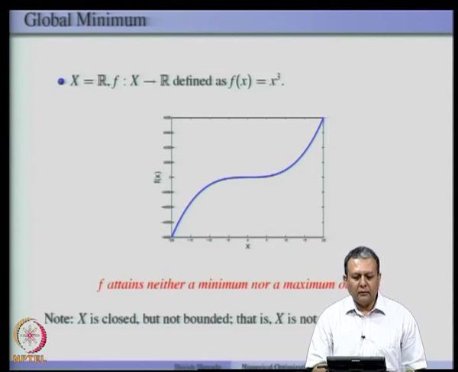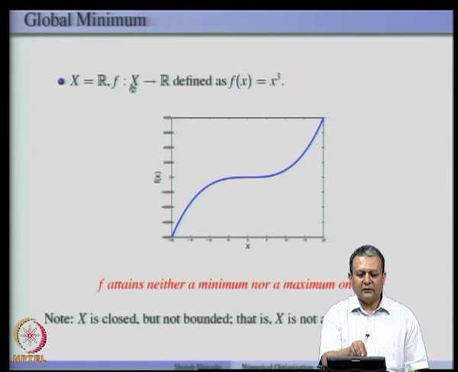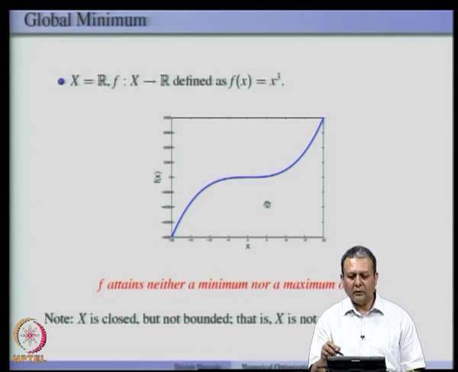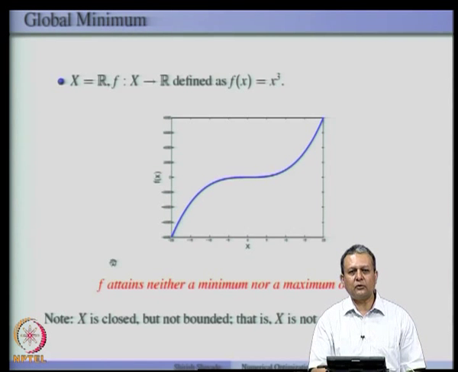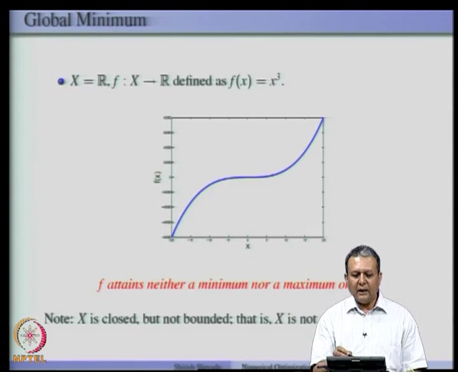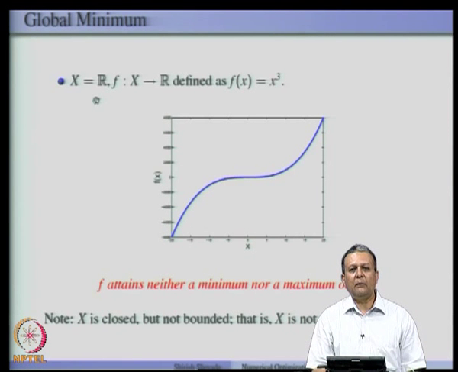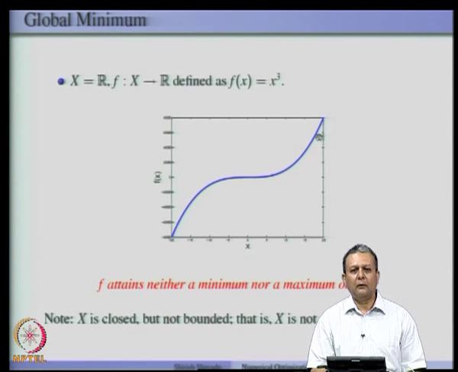Let us take a function f of x equal to x cube, where the domain of the function is the set of real numbers, and the function is defined from R to R. Now, the function is shown here in this plot. On the right side, the function goes to plus infinity as x goes to plus infinity, and on the left side, when x goes to minus infinity, the function goes to minus infinity. You will see that over the domain X equal to R, this function has neither a minimum nor a maximum, because the function extends to plus infinity and minus infinity. So, it has no minimum or